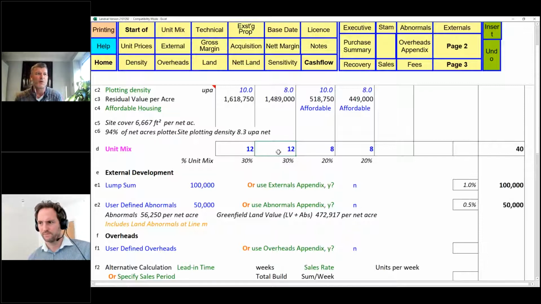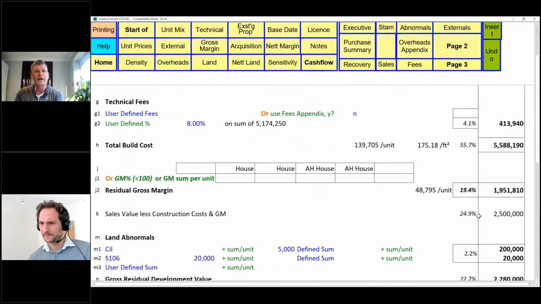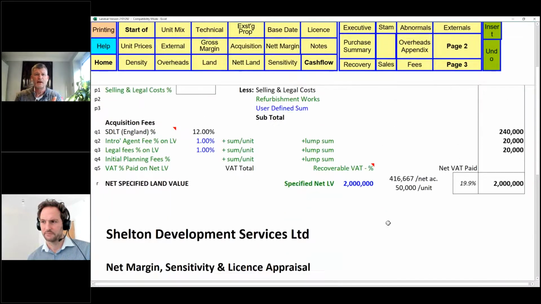But once it's all in there, you can also play around with, say, what will work between these? Because this is units earning us more than that one, if we did take off one of those and put that onto here, we still got our 40. We still actually decrease some size, so we might be able to squeeze another one in here to increase it, but I'm not going to do that. I'm just going to keep it where we are, and then I can go back to here, and you can see here that it's again crept up slightly, but you can play around with the numbers. You can see that quite nicely on screen. So that basically is our residual land position on this scheme.